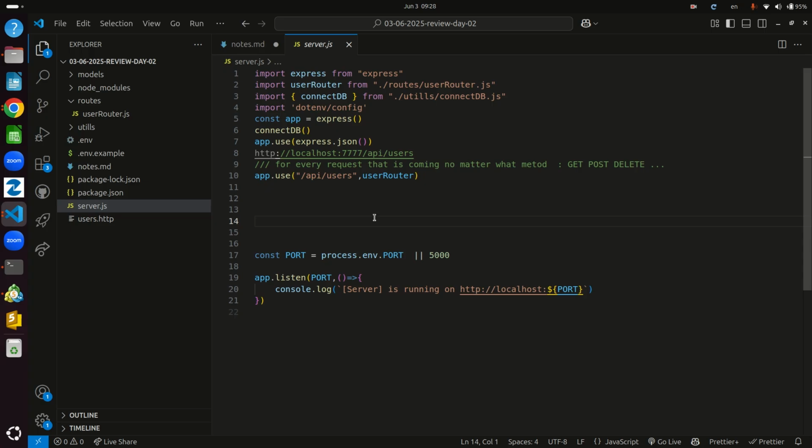app.use, then parenthesis, express.json. Exactly. This line, so far from here to here, says, hey, for every request that is coming,